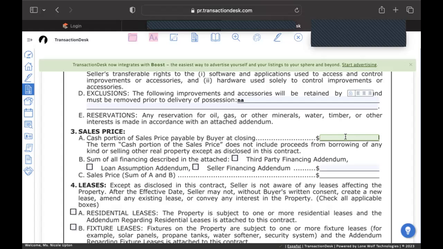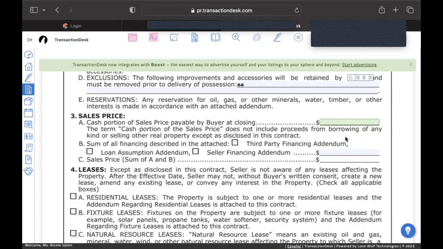Just for the sake of going through this, we're going to say that we have a sales price of 350,000. This person is going FHA. So 350,000 FHA, the down payment, which goes here, is 3.5%. I'm going to get 3.5% of 350,000, which is